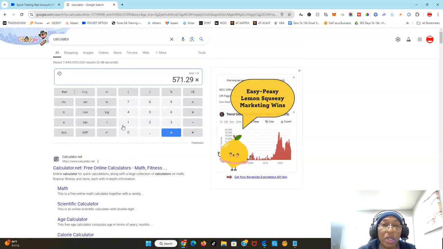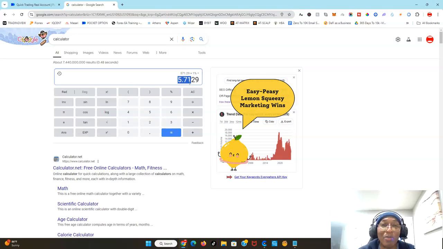Then you multiply it by 1%. It's going to tell you 5.71. See that? Now, why are we not putting the 2 nines? Because we are rounding it off to 2 decimal places. Simple mathematics. If you forgot your high school maths, we can give you a refresher course here. Just see me privately. Just kidding, guys. This is easy maths. So 571.29 times 1%, multiply that, you get 5.71.